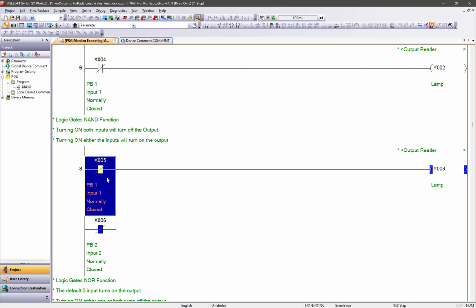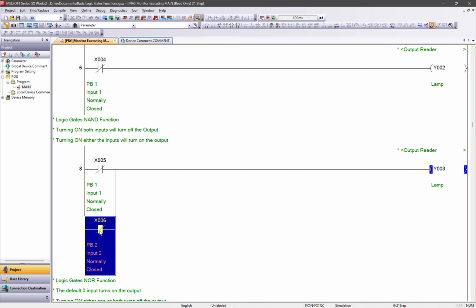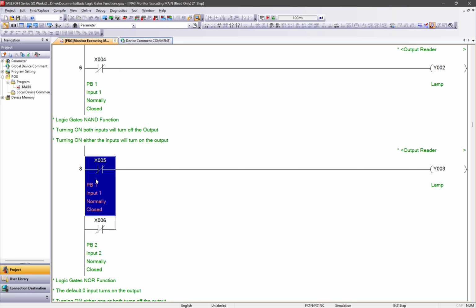By pressing the button or Shift Enter, in terms of truth tables, this function is 1, this thing also 1, which 1 and 1 will make the lamp turned off.